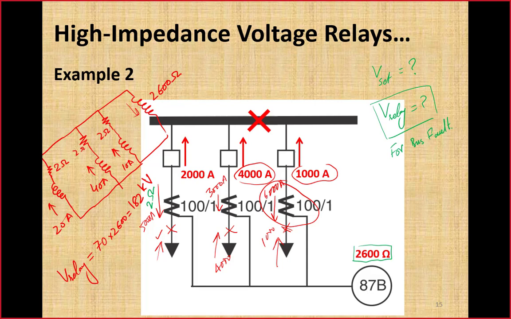Now let's go back to this diagram where we calculated the relay voltage for a bus fault, and that turned out to be 182 kilovolt, which is a huge voltage. In order to provide protection on the secondary side, we have added a parallel branch with the help of a variable resistance and an instantaneous overcurrent relay. When I showed you the diagram of that high impedance voltage relay, there was a parallel branch to this voltage relay, a variable resistor, the varistor, and an instantaneous overcurrent relay.